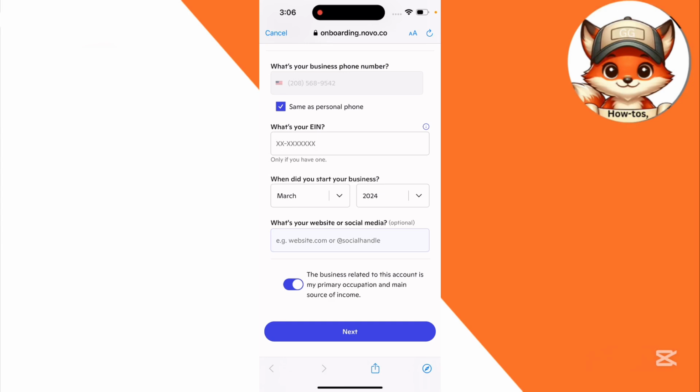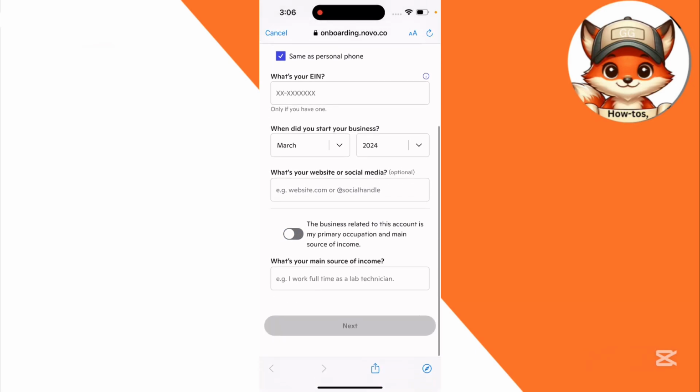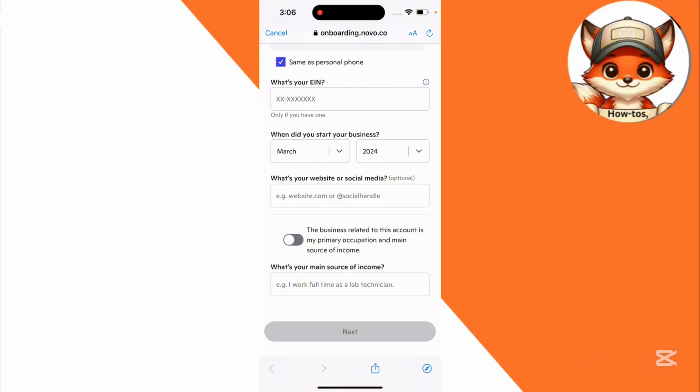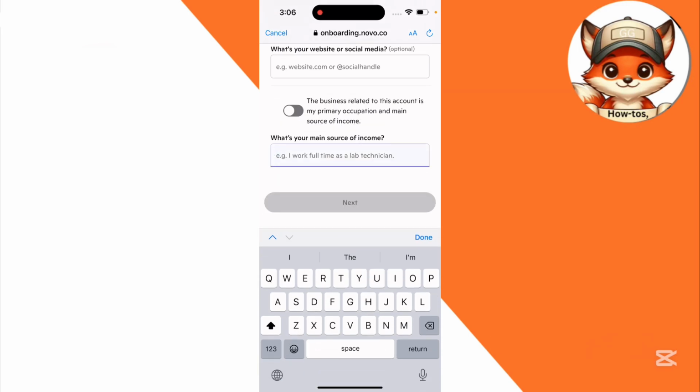And here, if you have turned this option on, you are saying that this business is your primary occupation and primary source of income, and you can turn that off. When you turn that off, they will ask what your primary occupation is, where you can show them that this business is your secondary source of income. Here you have to write your primary source of income if you have any. If you don't have one, then simply turn that option off. For now I am just using this business as my primary source of income, so I will turn that option